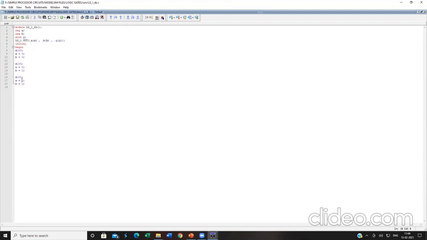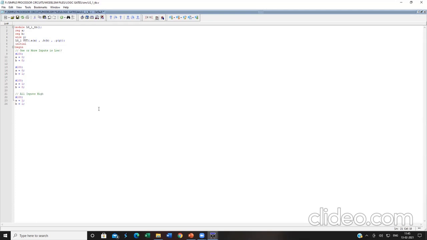At 300th nanosecond, I'm applying A is equal to 1, B is equal to 0. And finally, at 400th nanosecond, I'm applying A is equal to 1, B is equal to 1. These first three input combinations are called "one or more inputs is low". What is the meaning of one or more inputs is low? Either both the inputs must be low or it can be a combination of zeros and ones. The last pair of inputs is called "all inputs high".